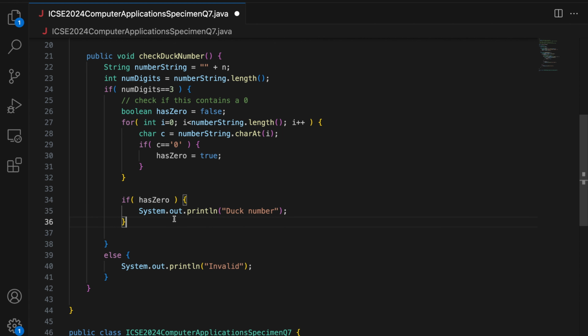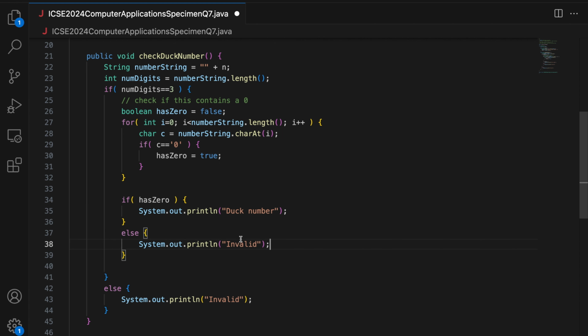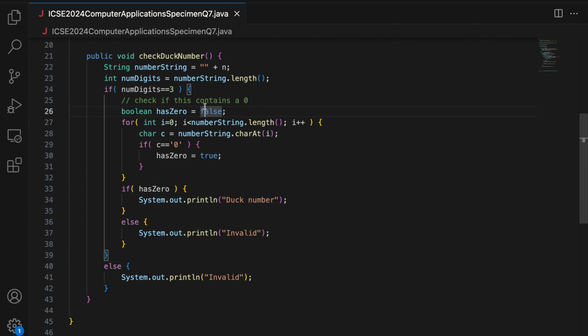Okay, else I print invalid. All right. So in short, what this method is doing is basically converting this integer into its corresponding string. Then you get the number of digits as the length of this string. So if the number of digits is 3, we further process to check if this contains a 0, else we